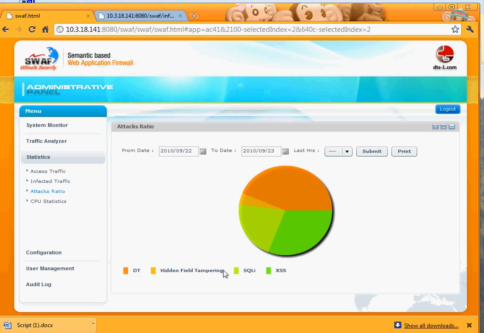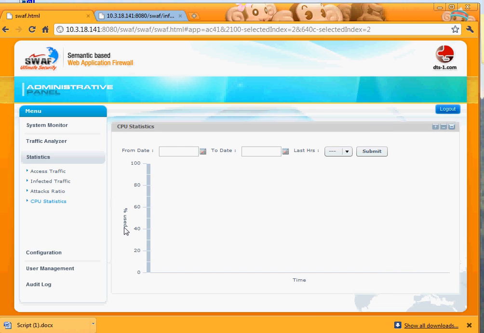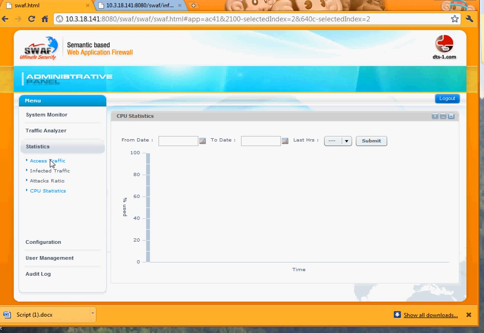Last, there is a CPU statistics feature available. It basically tells about the load on the CPU that did happen in previous states or in previous hours. So this is all that is available using the statistics of SWAF